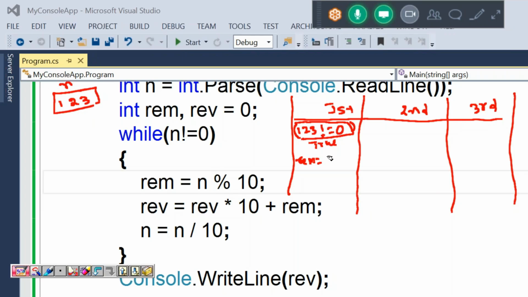n. N is what? 1, 2, 3 modular 10. How much? M is how much? 3. Whenever you modular a value by 10, you will get the last value. What is the last value? 3. Next rev equal to